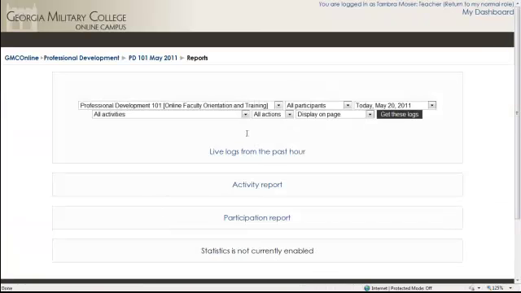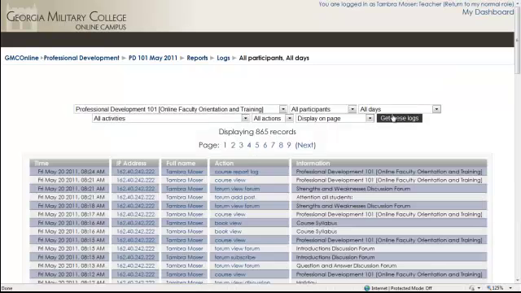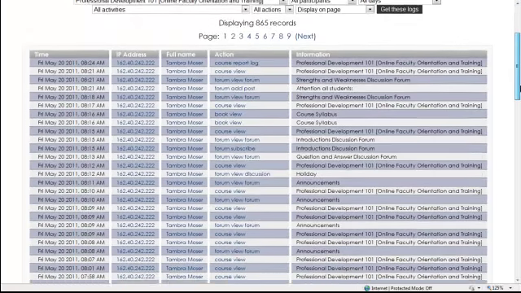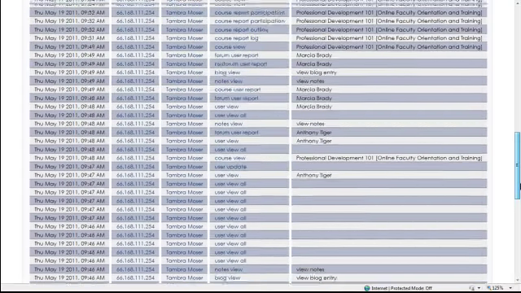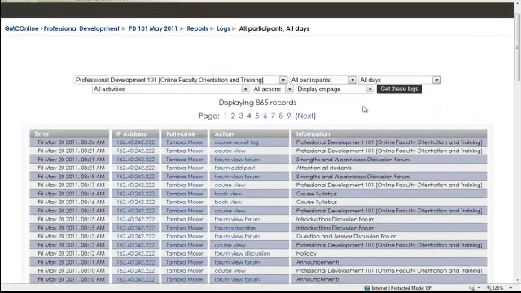And what you see here is all the logs. You can go for logs, and I'm going to show you this one. All participants, actually let's go with all days, all activities, all actions, and you will be able to see just how big this is. There's 865 records, and it's pretty much all about Tamra Moser. But you would be able to see all the things that everyone has ever done in this course since the beginning. That's a lot. So let's go back to Reports